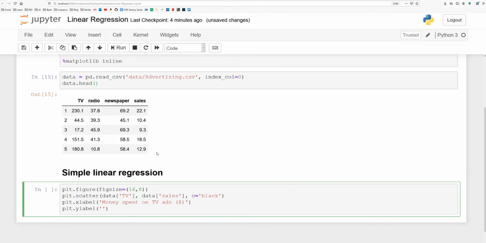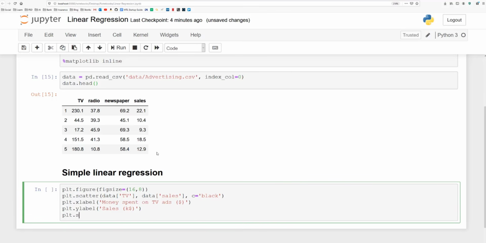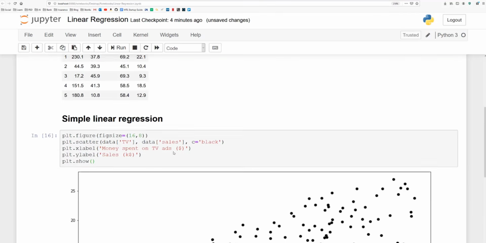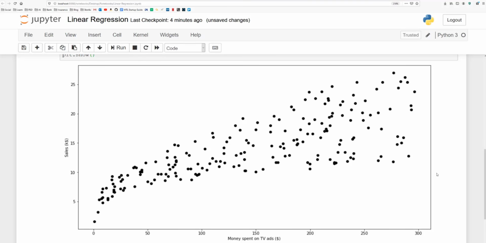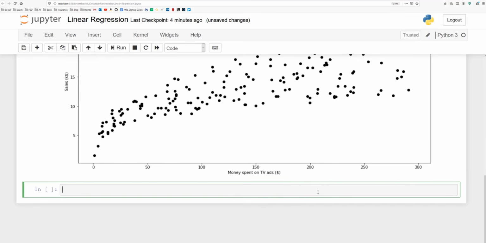And now this is going to be sales, and it's going to be in thousands of dollars. Perfect. Finally, I do plt.show, and you should see the following plot. There you go. As you can see, this is our data, the sales with respect to the money spent on TV ads. Now, maybe a linear regression is not the best model here, but let's try it anyways.